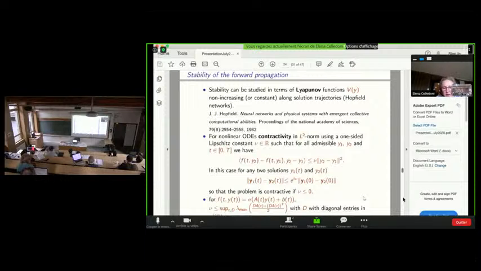So for our vector field in the context of neural networks, one can estimate the mu constant by means of the supremum over t and D of the maximum eigenvalue of the symmetric part of the matrix D times A. A is the matrix of parameters, and D is a diagonal matrix which is related to the nonlinearity sigma, in particular to the first derivative of the nonlinearity.